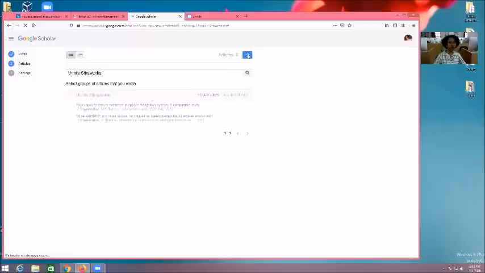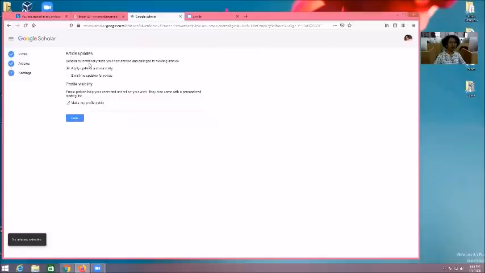Now I will say yes. Then it asks whether Google Scholar should automatically find your new articles. I will select apply updates automatically, because I do not want to create my profile manually.